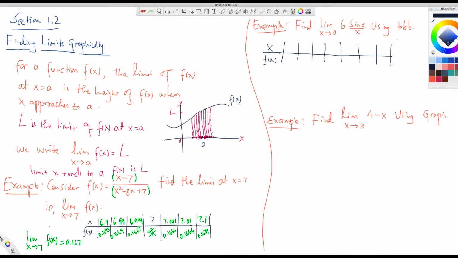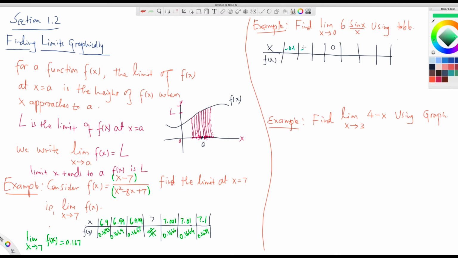I can do 7 columns and then put 0 in the middle. I don't know how much it is at 0, and I don't worry about that. But I will take the values at points close to 0. What are the points close to 0? Close to 0, there are some negative values and some positive values. So I want to try negative 0.1,